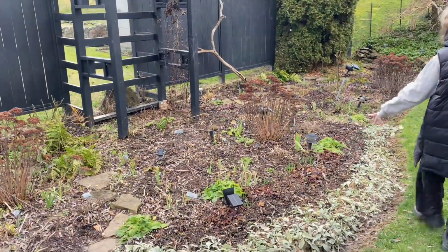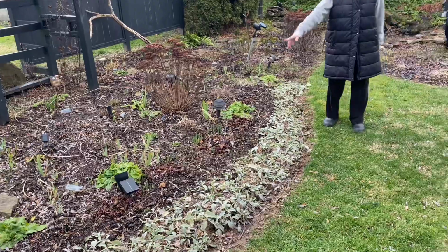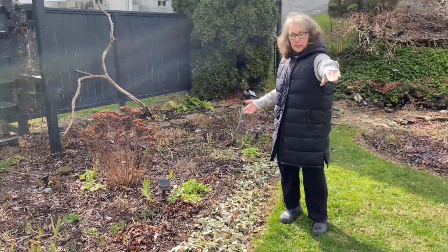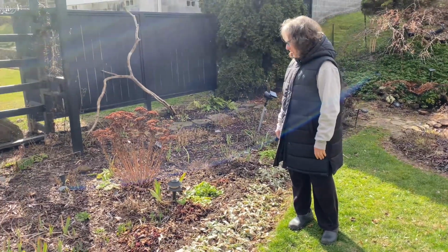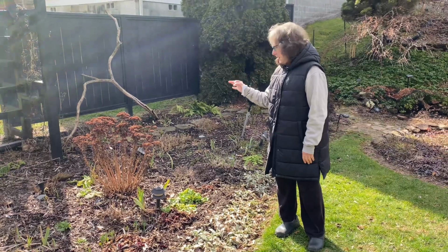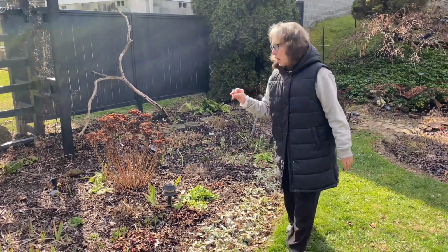Plenty of daffodils. These are those lovely white ones, and I can't think of their names, all coming up. I have them mirrored on both sides of the garden. In the front by the painted ferns, and then in this garden here too. I'm starting to see those little rosettes. I call them rosettes on the